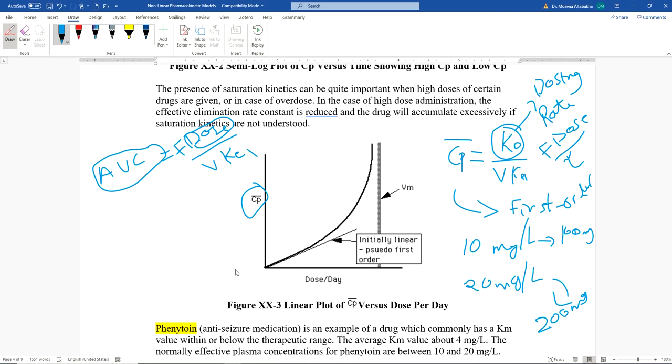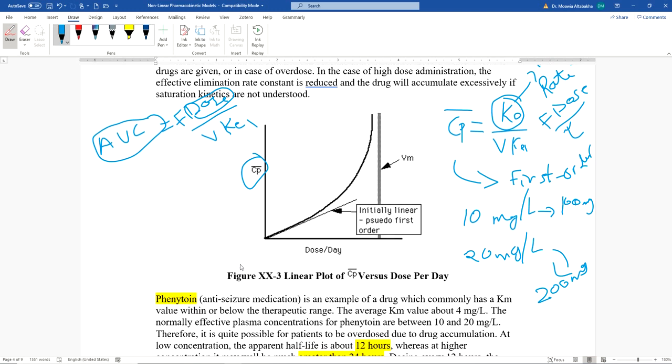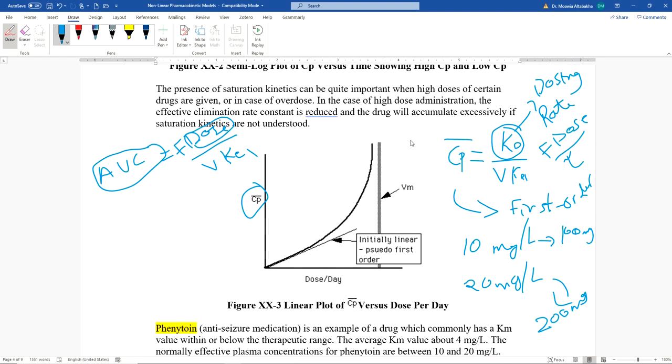We were specifically talking about that, and we have other types. Not only that, also let's say the dose and the T half of the drug. Of course, with first order, the T half is constant. So as you increase the dose, it should not change the half-life of the drug.